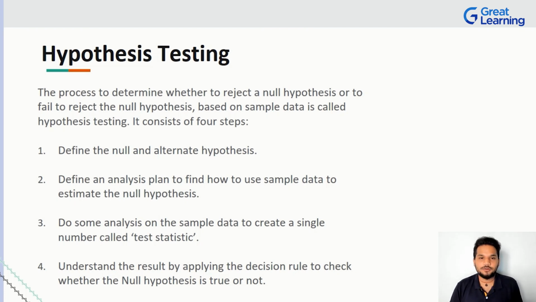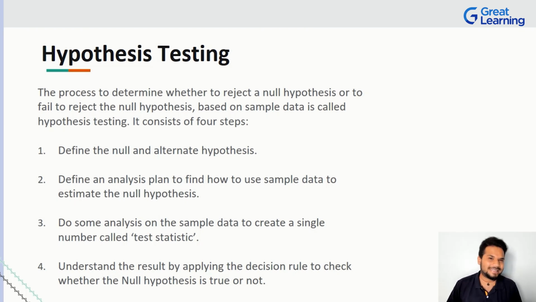The first step for us is to actually say what the null hypothesis is, say what the alternate hypothesis is. Once we go about understanding what each of the hypotheses are, then we'll have an analysis plan to find out how to use the sample data that we have to figure out if we can prove the null hypothesis correct. Later we go about doing certain tests there. We try to see if Pluto is a planet. Our assumption was Pluto is a planet. Now every one of the scientists is going to be working to prove Pluto is a planet, right?